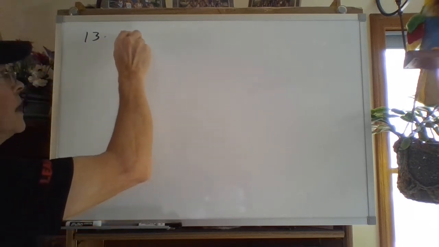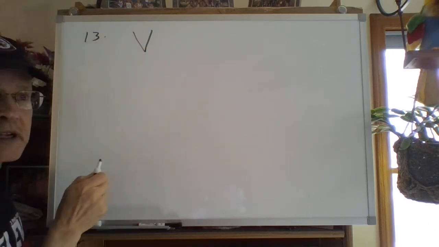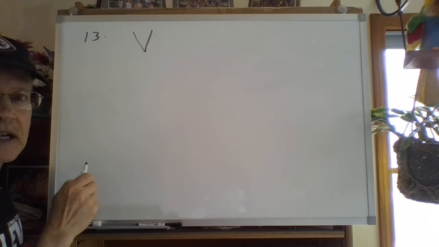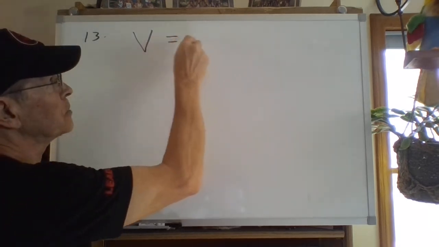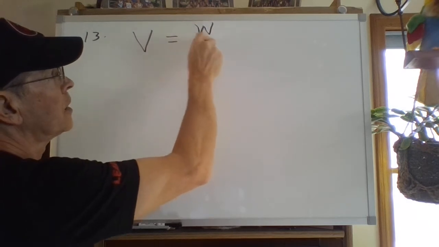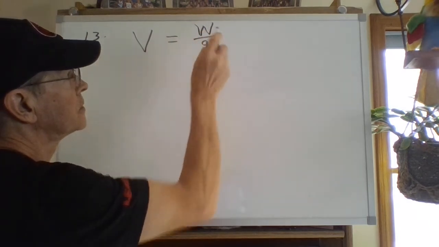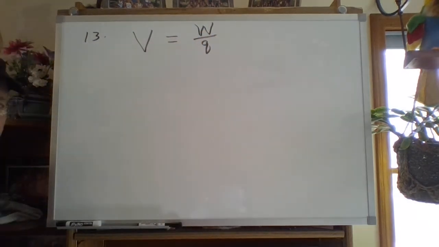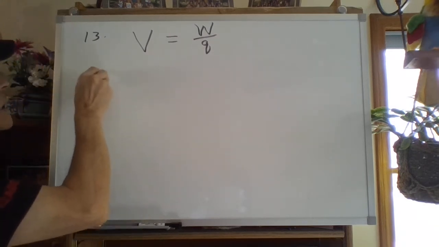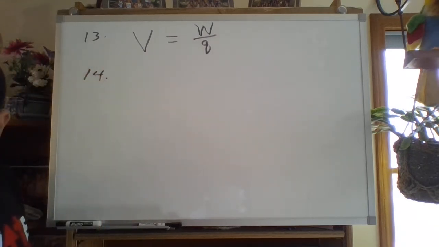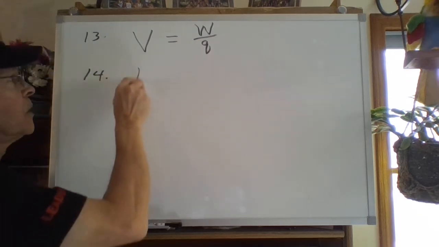Equation. Well, the symbol we use for electric potential difference is V. It stands for volts, as you could probably guess, and it would be how much work per unit charge. W over Q. The equation for electric potential difference. Give the unit definition of a volt. Well, 1 volt